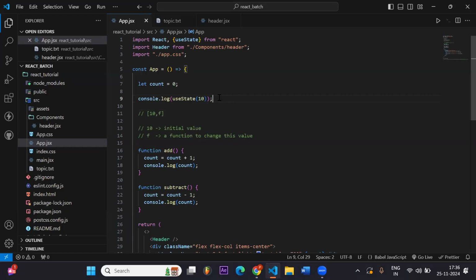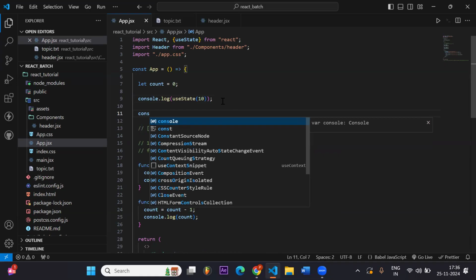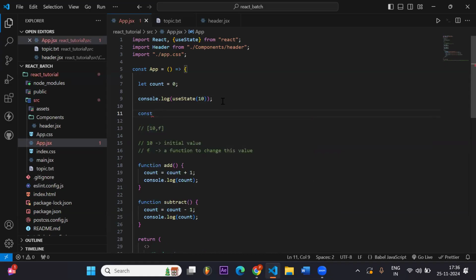Okay, so now what we have to do is const. So we will write in the same format which is written here. So first of all, let's say the value, right? We wrote here count, right? So I will comment it out. I will write here count,